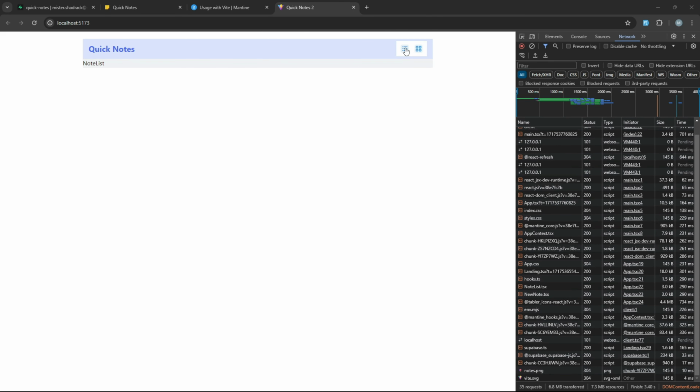Alright, so as you can see, we have these buttons here, right? So we set it to less than grid, right? We can see it right now because we are not using the values to change the layout. Alright, so yeah, we have our header, and let's work on our note list. Let's go back to VS Code